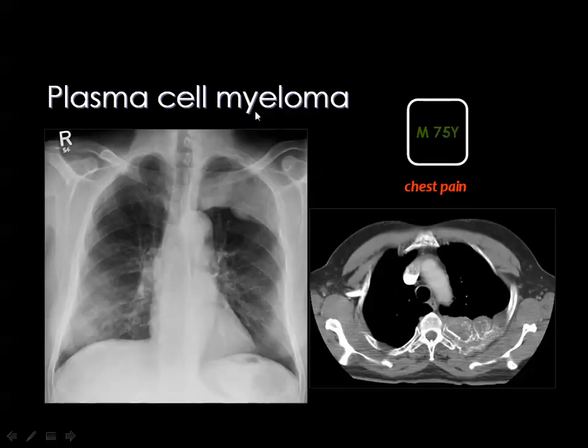Then here is a case of plasmacytoma affecting the rib with expansion and extraosseous soft tissue component. You should remember that fibrous dysplasia has no extraosseous soft tissue component. It's a benign lesion and the cortex is intact with no associated extraosseous soft tissue component. But in cases of plasmacytoma, the rib is more or less destroyed, the cortex is breached, and you have an